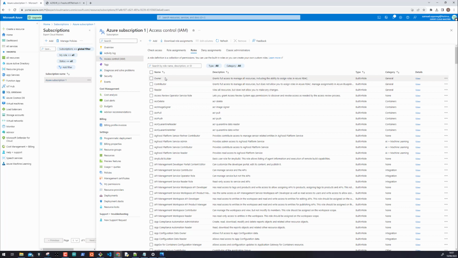Now, let's look at the difference here. The first one gave you roles pertaining to the directory. So the first one was the role on the directory. This one is also a role,